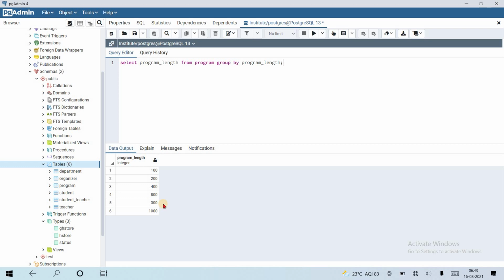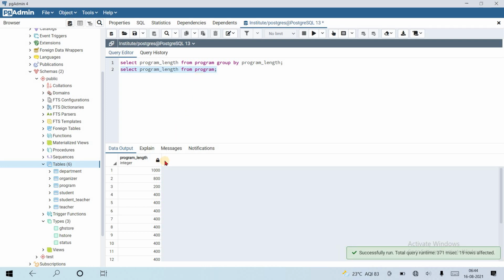If I do not use group by, select program length from program, then all values come and duplicates are not eliminated. Okay, all values are coming here.